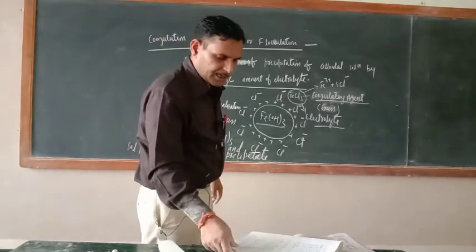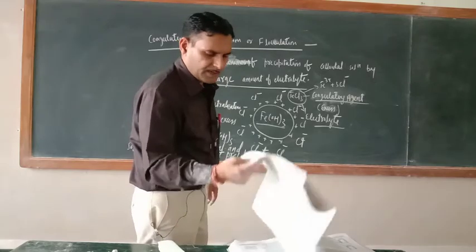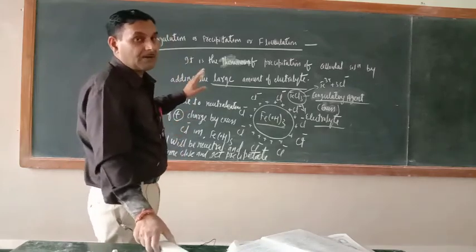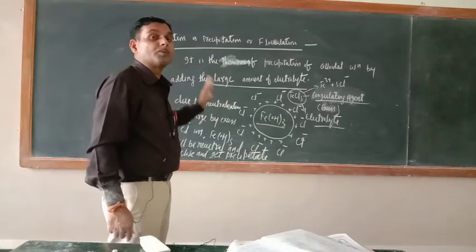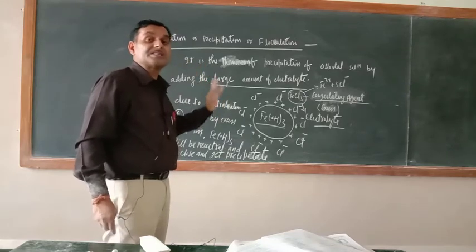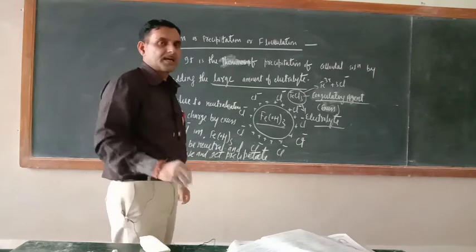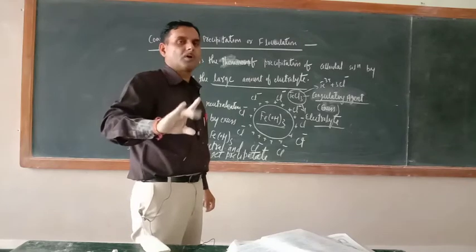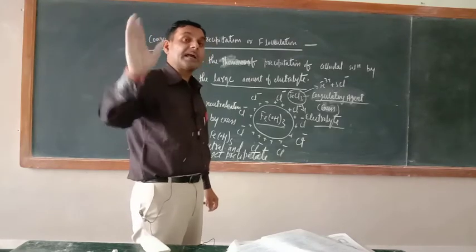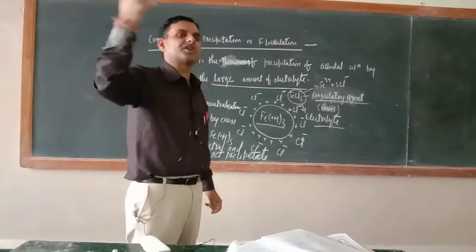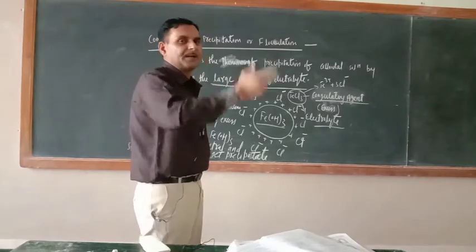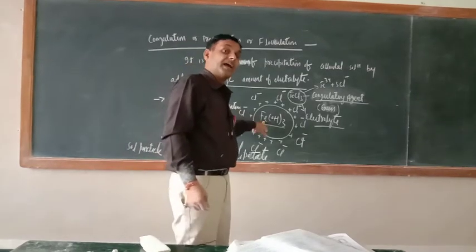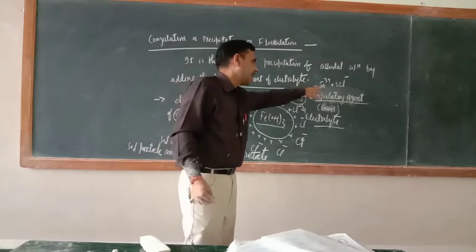I hope that you have got this. Now, related to coagulating power, Hardy-Schulze has proposed some rules. They are known as the Hardy-Schulze rule. Just see, suppose you have got a positively charged sol. So what kind of electrolyte can coagulate them, can precipitate them? A negatively charged ion can precipitate them. This is a positively charged sol, so which ion can coagulate this one? Negatively charged ion, that is chloride ion. Iron ion will not do.